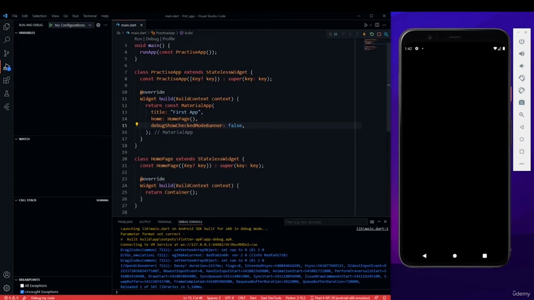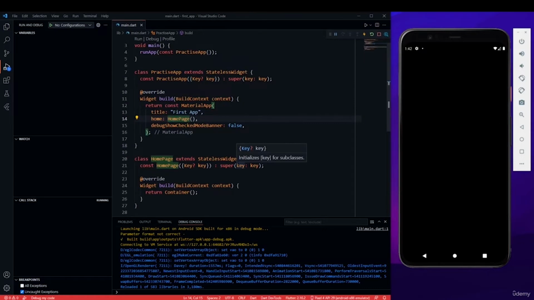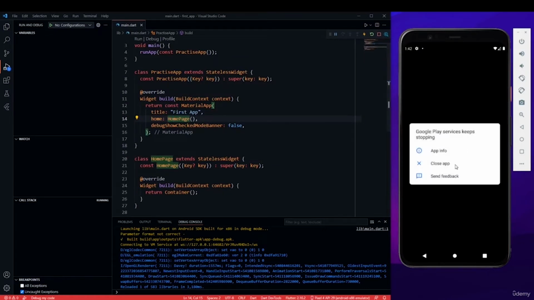Okay guys, so in the previous video you saw me building this using this stateless widget, right? Now let's understand what that stateless widget actually means. Here are two stateless widgets. One is the main, and the second one is actually the home page. Okay, so a stateless widget is basically a widget inside which you can have data,